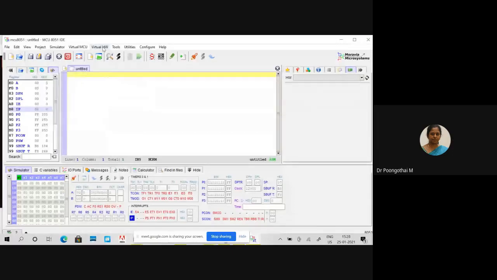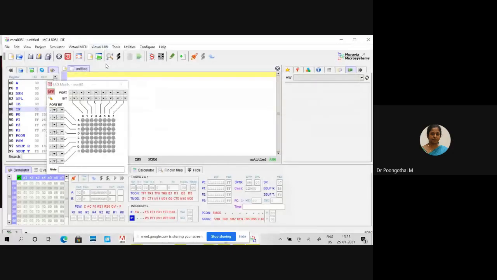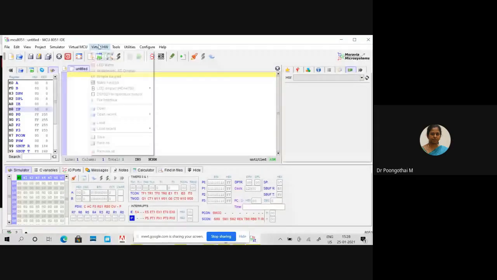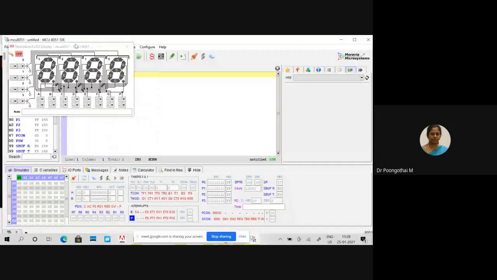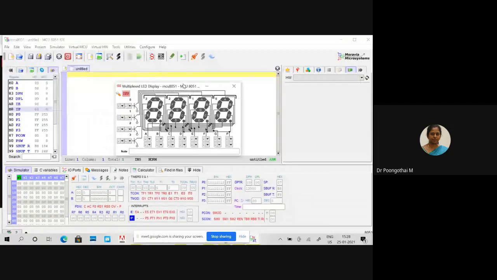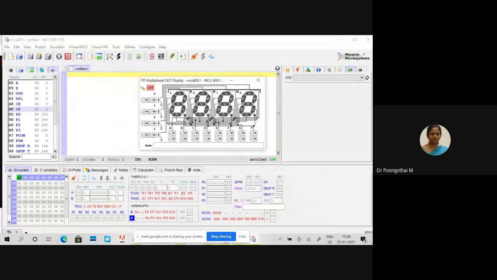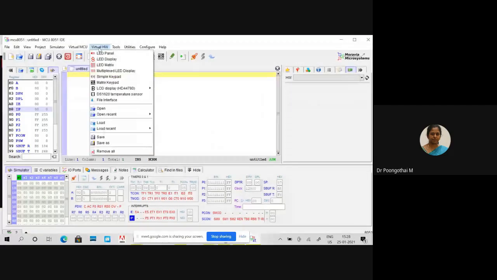And LED matrix, multiplexed LED display. These virtual devices should be connected to the microcontroller via your ports. And simple keypad.